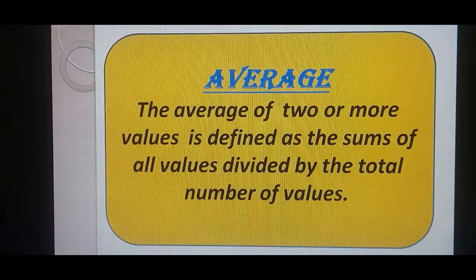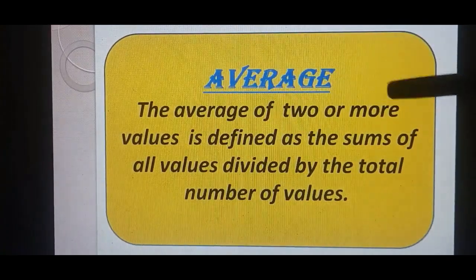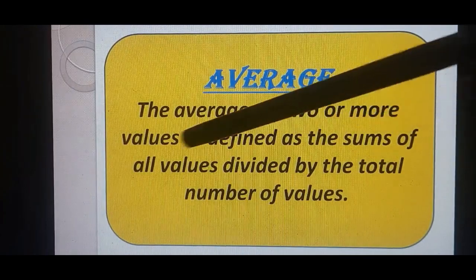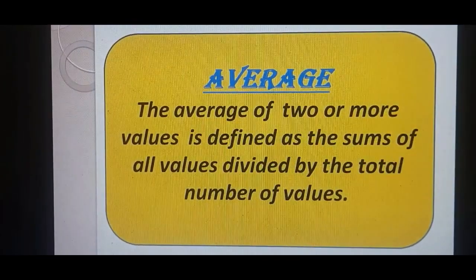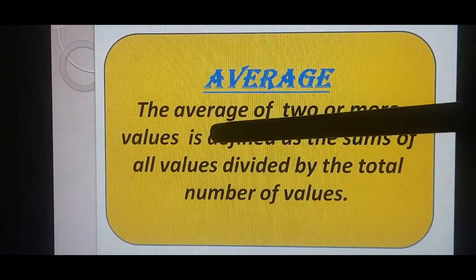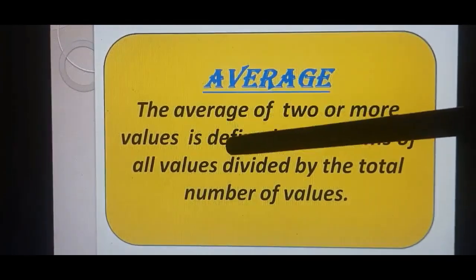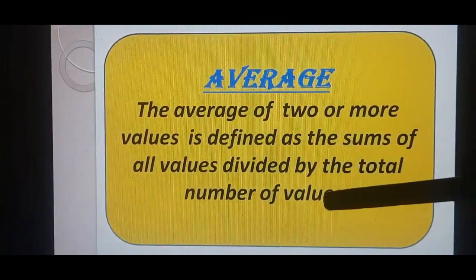Now we will revise about average. Average, Hindi meaning: औसत. The average of 2 or more values is defined as the sum of all values divided by the total number of values. This definition tells us if we have 2 or more values and we want to find out the average of them, then we will do the sum of the values and the sum of values will be divided by total number